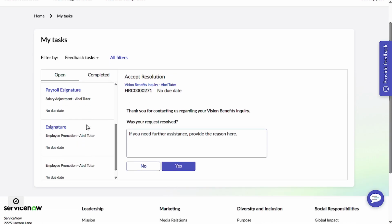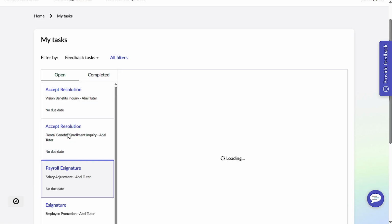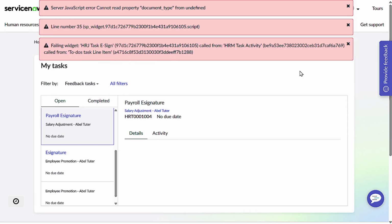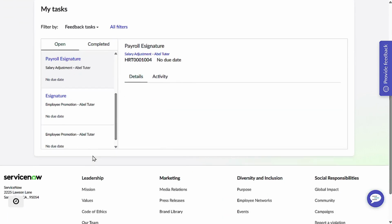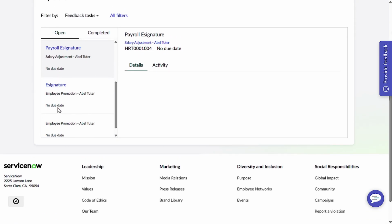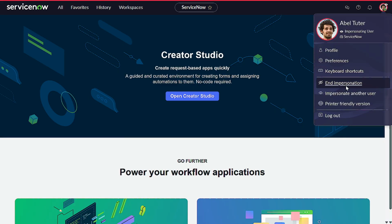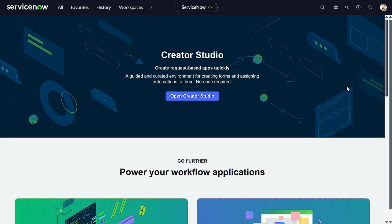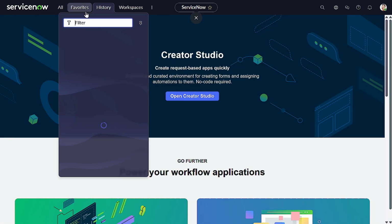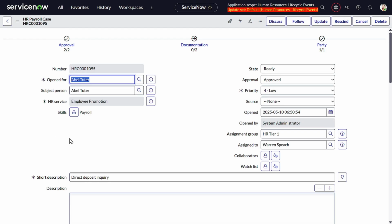And now if I see, we got these two things. Payroll, e-signature. Oh, but one thing got messed up. I will tell you what. So let's complete one thing. What I have named the activities. Let me go back, and if I do an impersonation, and if I quickly go to the case, and if I open this particular task out,